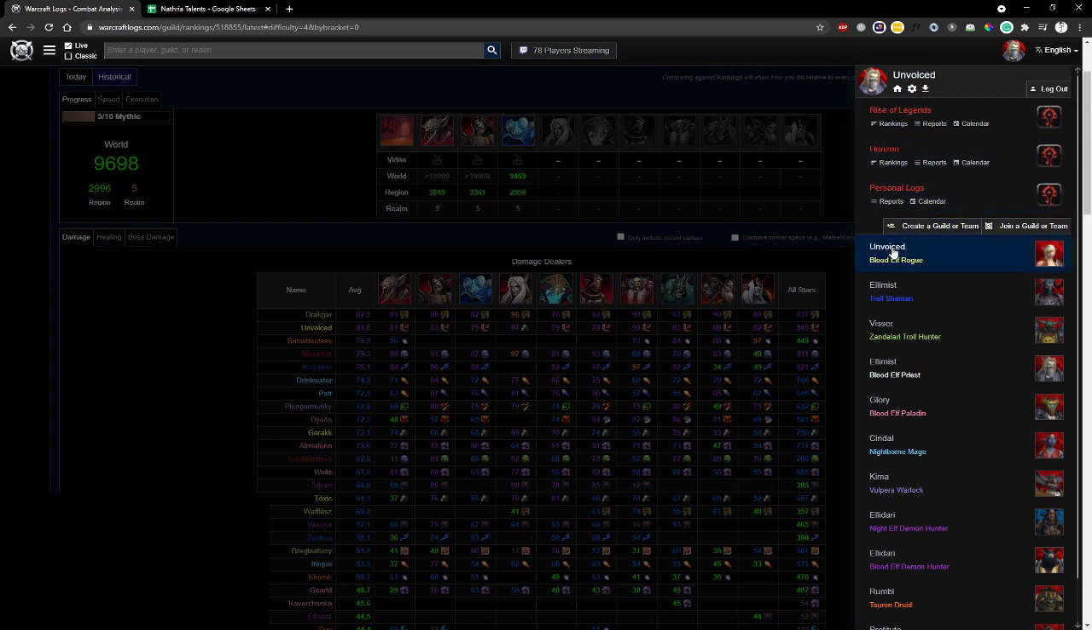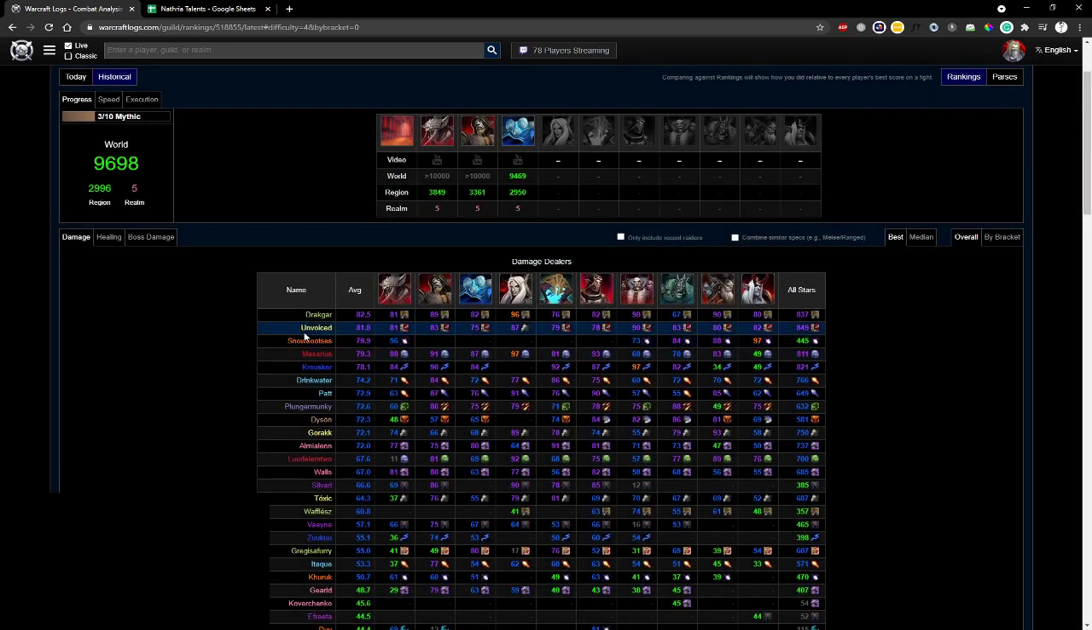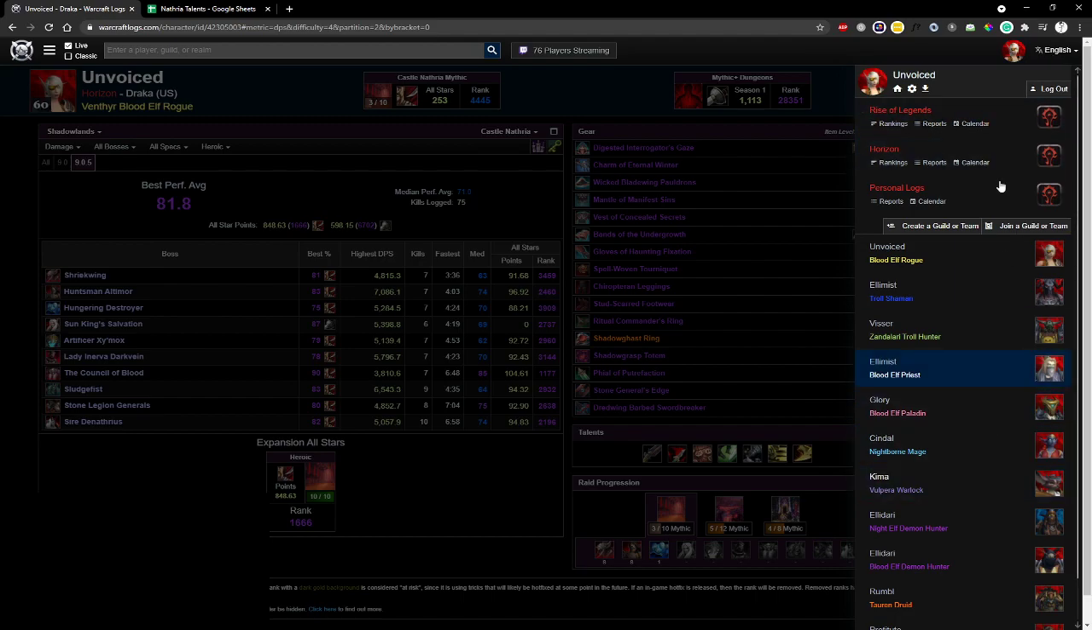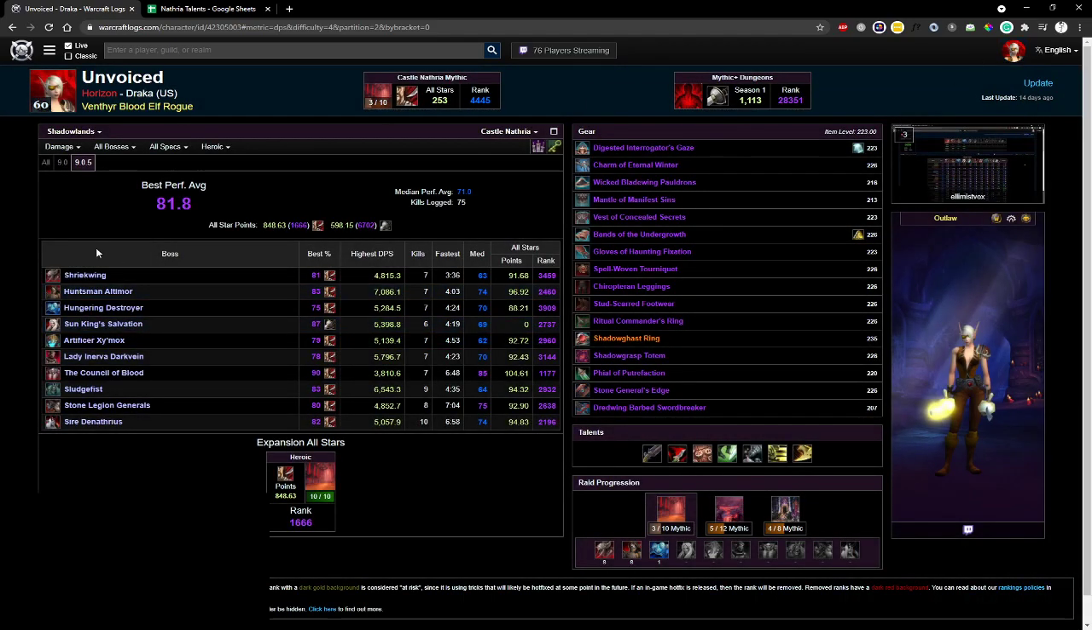So you can also get down to your character page. From the ranking page, you can click on any character and it'll take you to that character's page. There's also this side menu here, which will take you to any of your characters once you're logged in. But yeah, if I'm looking at my character page and I'm looking for areas in which I can improve,